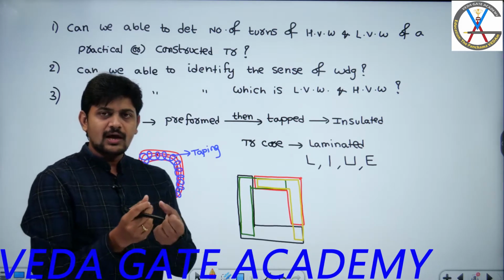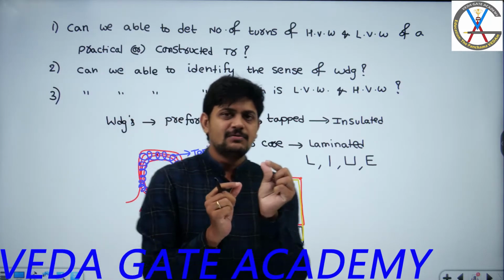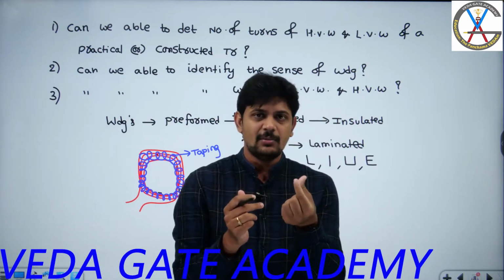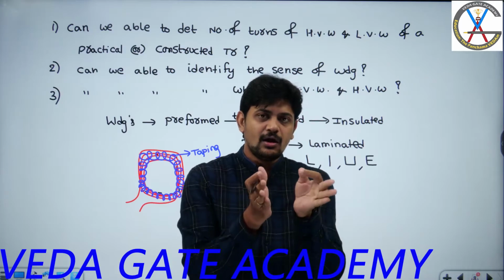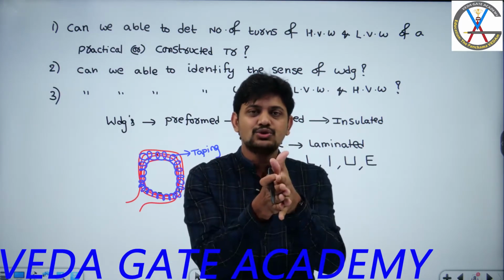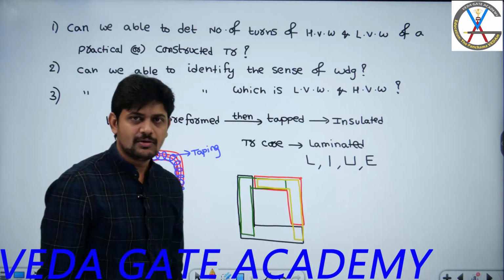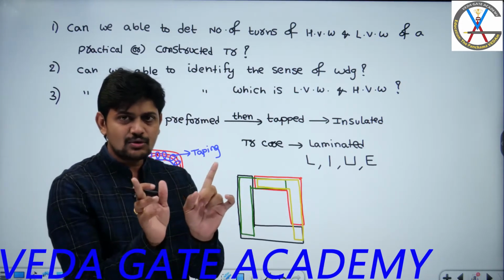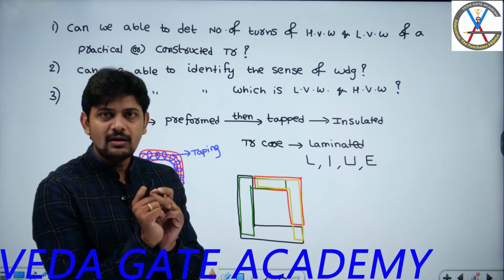We take different magnetic plates of different lamination thicknesses according to our requirement, and those laminations of similar thickness and shape we bunch together to get the required shape. And in between each and every lamination, don't forget that we provide insulation.